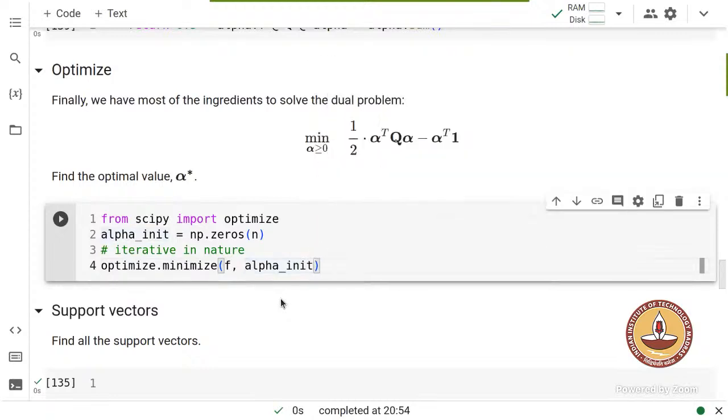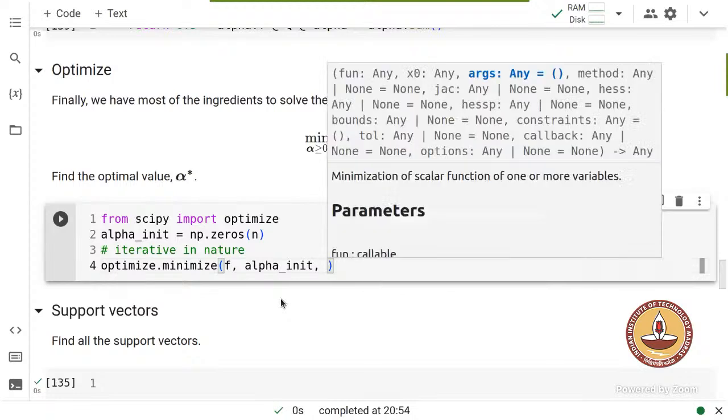If you just stop here, there's a problem. So what problem do you think this poses? If you just stop here, that will be unconstrained. Correct, right? It will be unconstrained. So we need a constraint. Thankfully, SciPy provides that also. So optimize